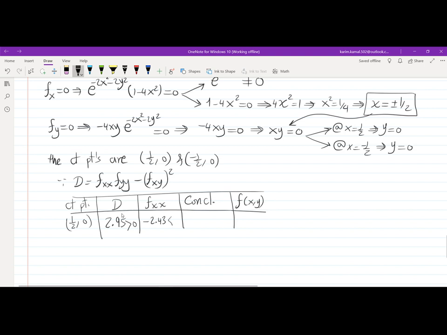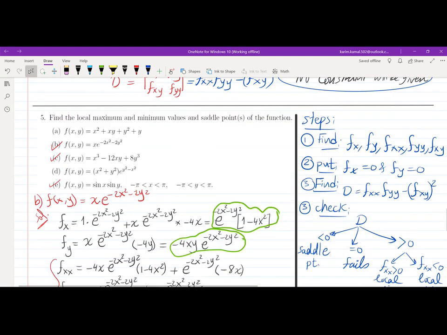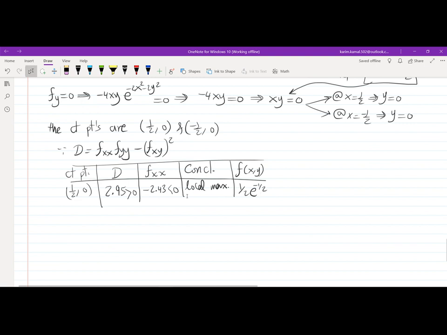And if you remember, when D is positive and fxx is negative, then this point is a local maximum, and the value of the function will be half e power negative half. We substitute with half and 0 in the function at the beginning of the problem, and then the second point,